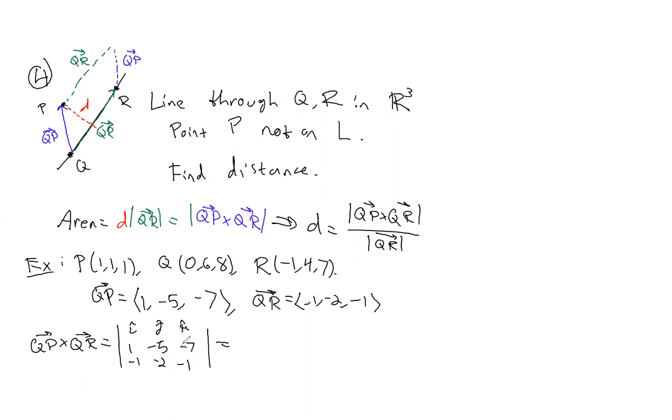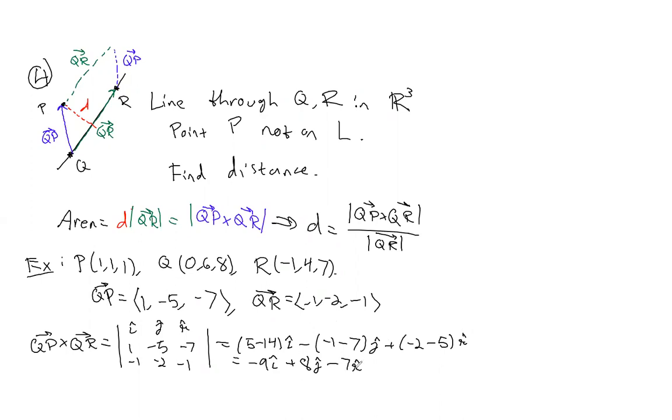I is going to be 5 minus 14, I. J is going to be minus, -1 minus 7, J. K plus -2 minus 5, K. Or in other words, -9I plus 8J